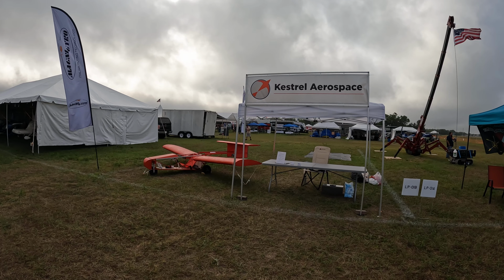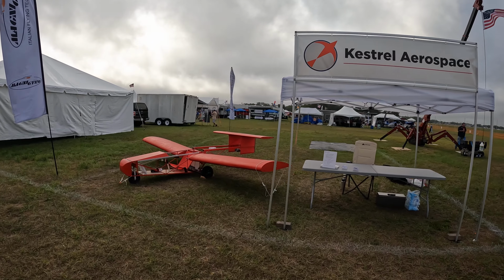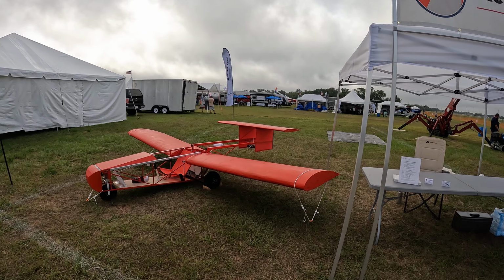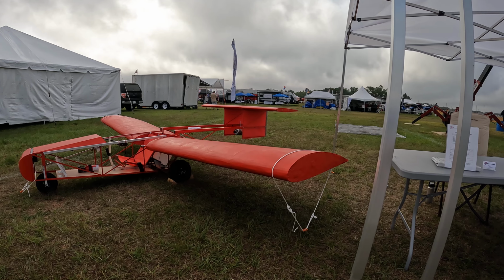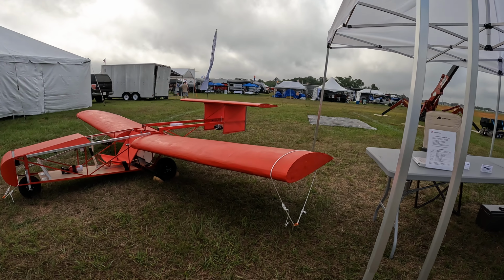It's April 2nd, 2025, and this is our booth at Sun & Fun. So it's the start of day 2 of the show. It's been a good show so far. We're getting lots of interest. Figure it'll take a second here before everyone starts to show up to show you where we stand with the J103. So as you can see, we got the wings not quite finished up, but at least they're coming along